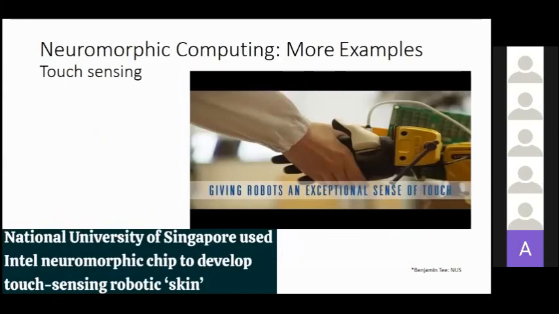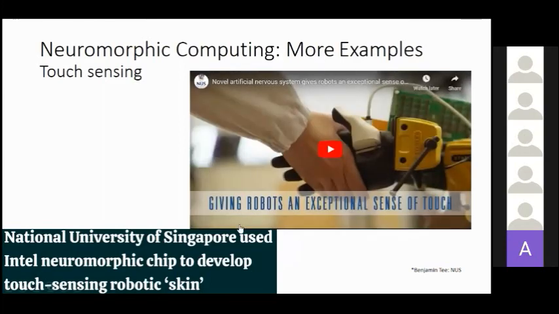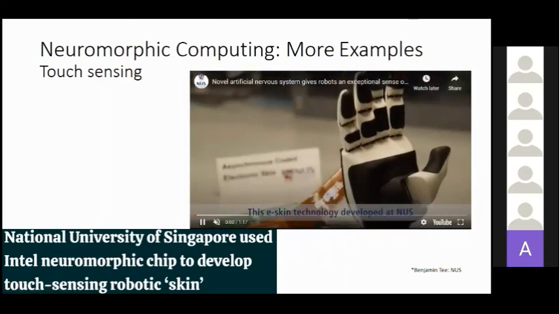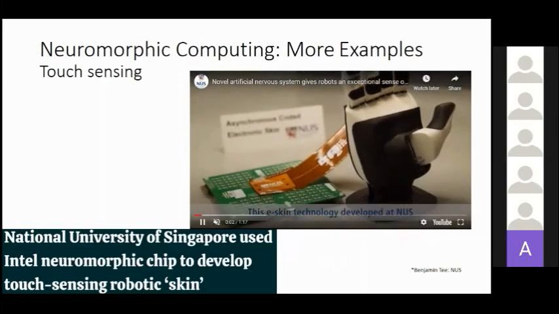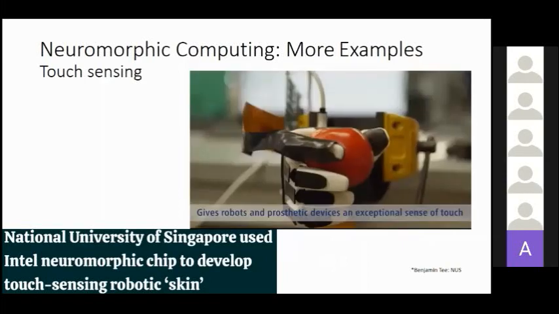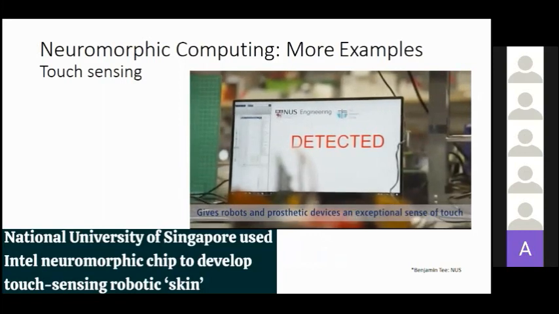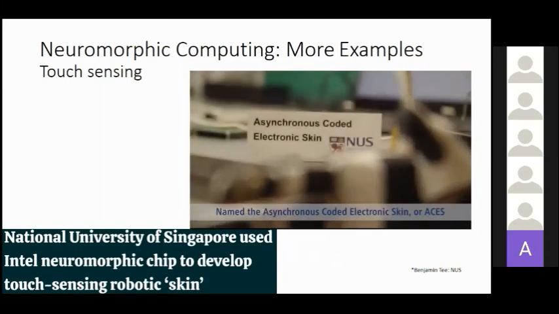There are different forms of skin research. Let me see if this video plays, please. This is one of the skin sensors that was developed at the National University of Singapore. The sensor is on the tip of the fingers, so you can put it on a glove and use it to sense different kinds of